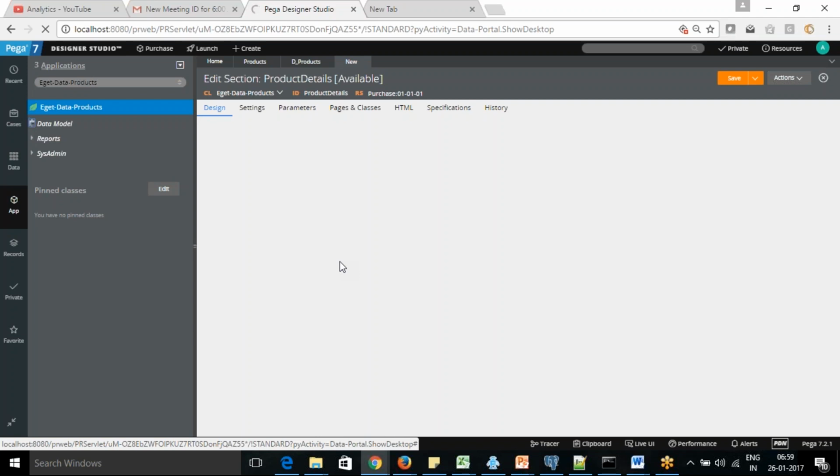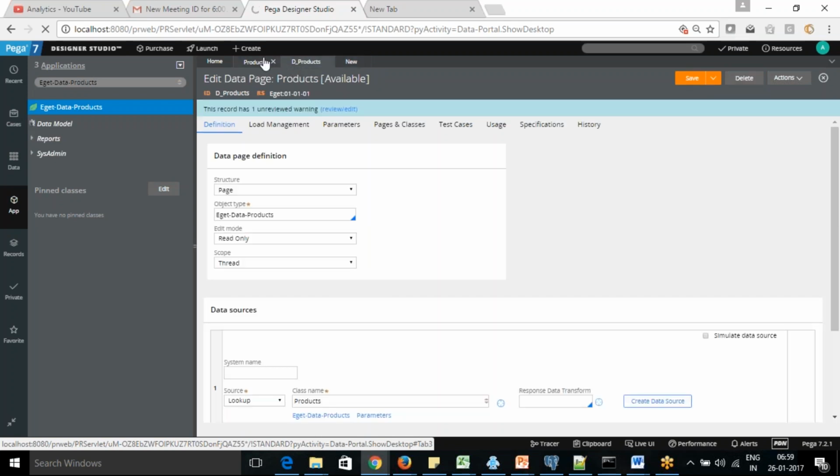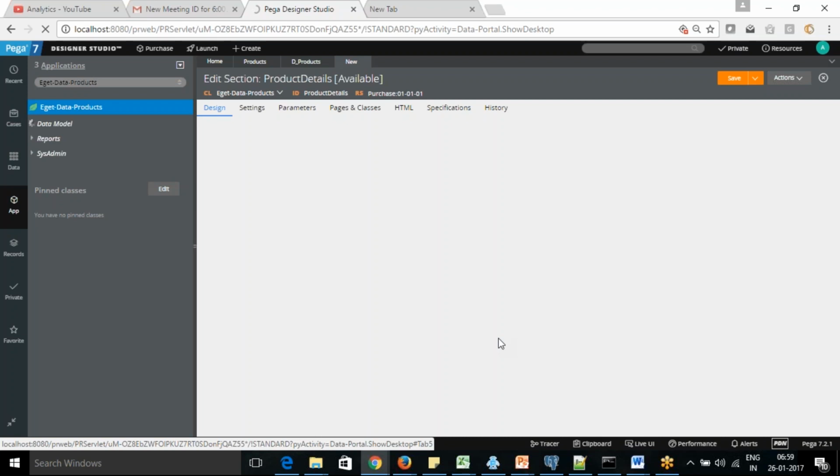Oh, it's slow now. Fast. Actually, you can see that I'm giving more focus on property data, because everything is on data, right? Pega is all about data; any application runs on data.